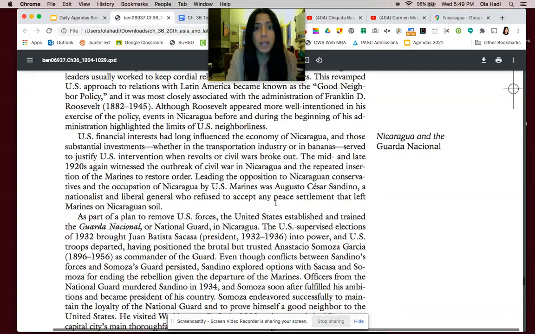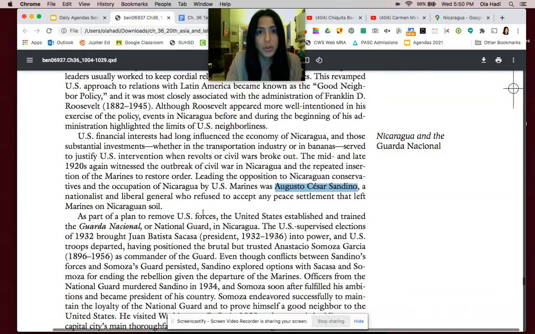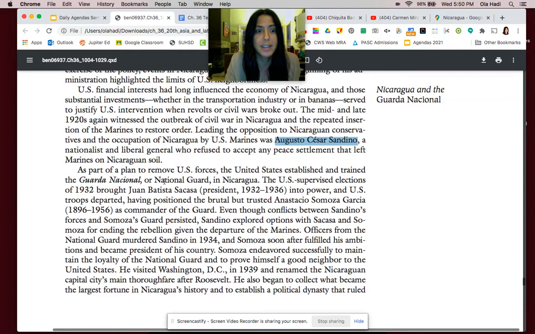And one of those people was a nationalist, someone who wanted full sovereignty over the country by Nicaraguans. And that was Augusto Cesar Sandino. You're going to need to remember his name because eventually he gets killed. And then his memory, his legacy of standing up to the big, powerful United States, is going to be remembered by later groups who are going to call themselves the Sandinistas, this communist group we'll talk about later in time, who take the name of Sandino as a way to rise up against the man.